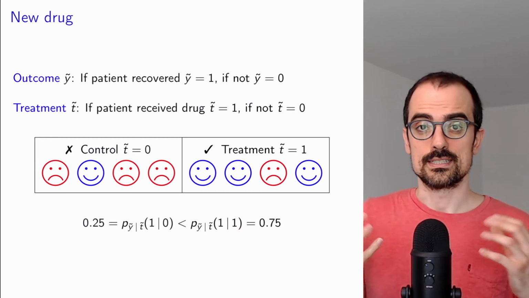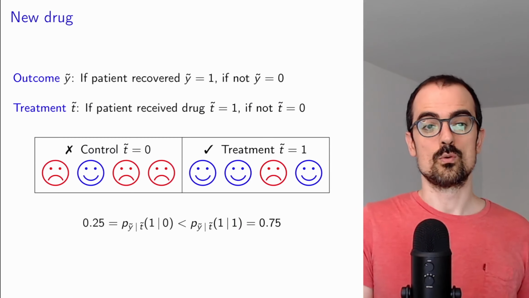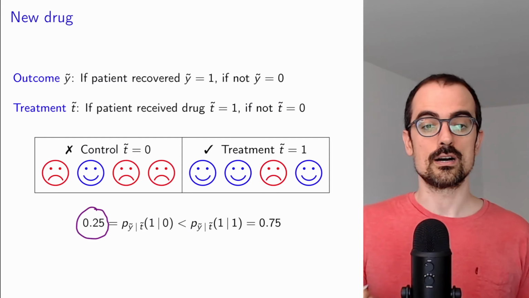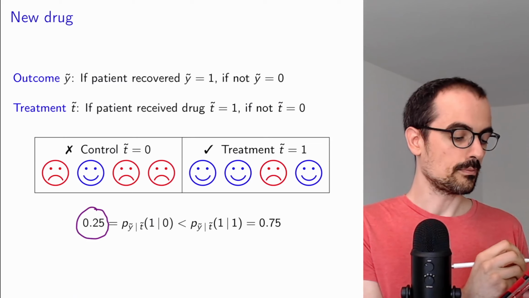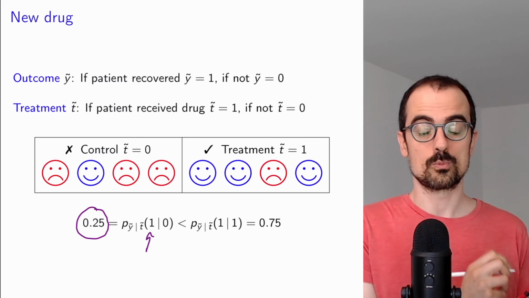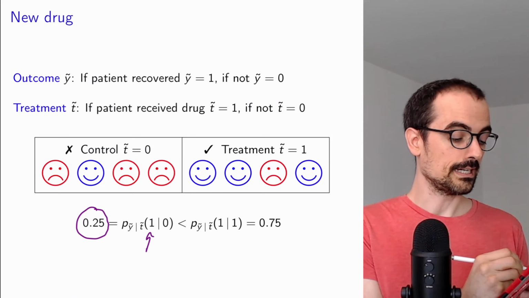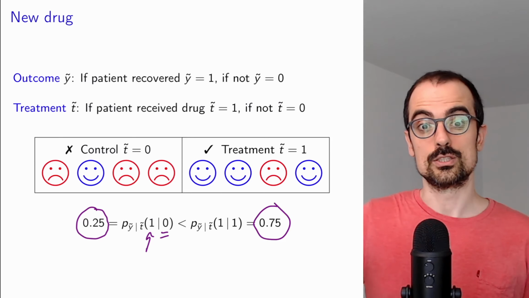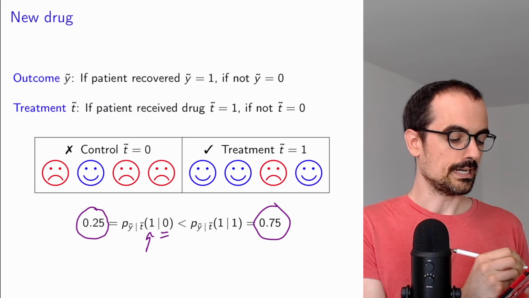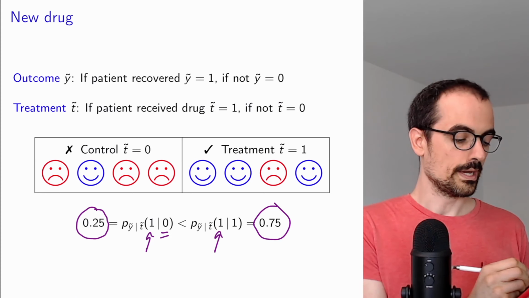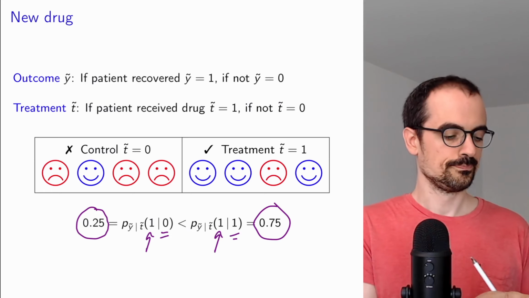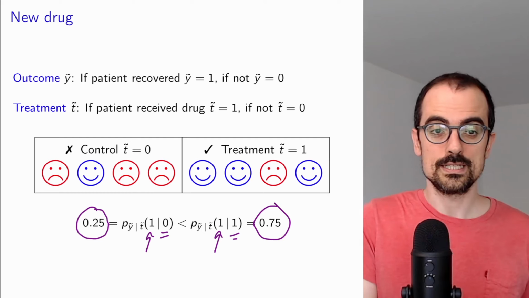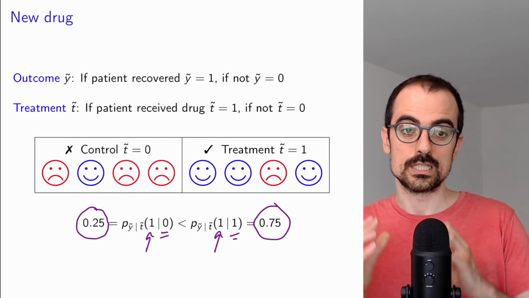Now we can interpret the statistics that I mentioned earlier in terms of y and t. 0.25, which is the fraction of patients that recovered in the control group, is the conditional probability that y is equal to 1, given that t is 0. The fraction of patients that recover in the treatment group is the probability that the outcome is equal to 1 when the treatment is equal to 1. And later on we will discuss whether these conditional probabilities reflect a causal effect of the treatment on the